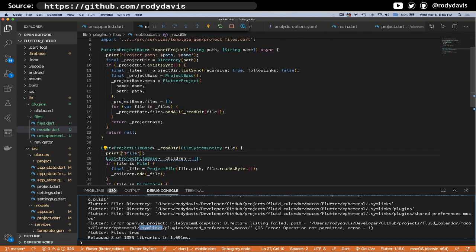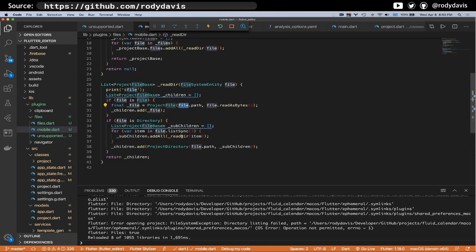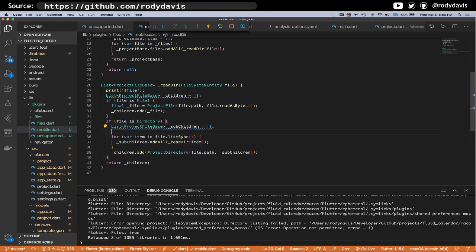So if a file is file, if file is directory, there we go. We want to ignore private directories. If file list sync, if file is directory, if file dot